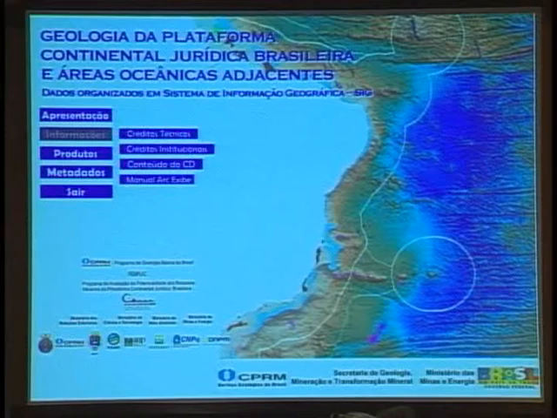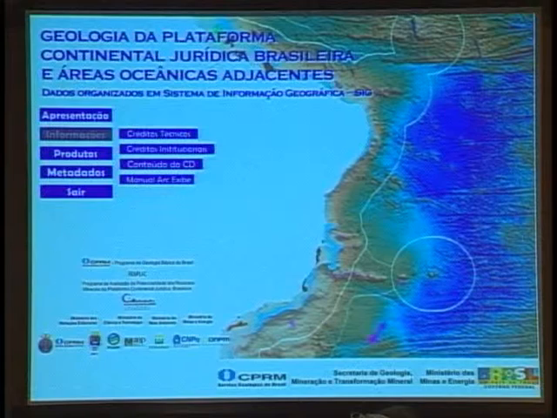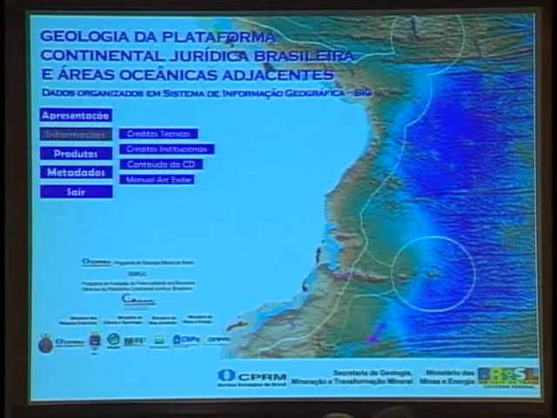So you don't need to have a very expensive software. You just open the CD and you visualize it, and you know that behind you have all the data and all the information, all the tables associated to it. So it explains how to use it. And also, it allows you to bring new information and to take other information.